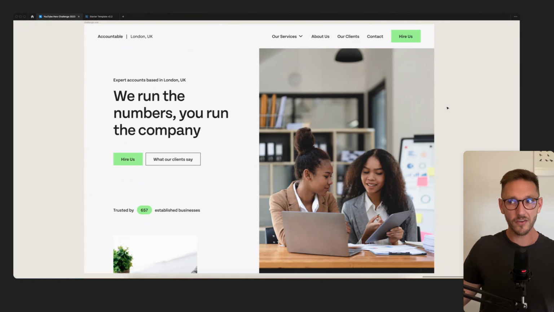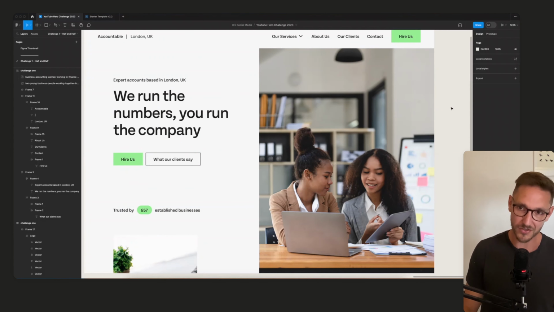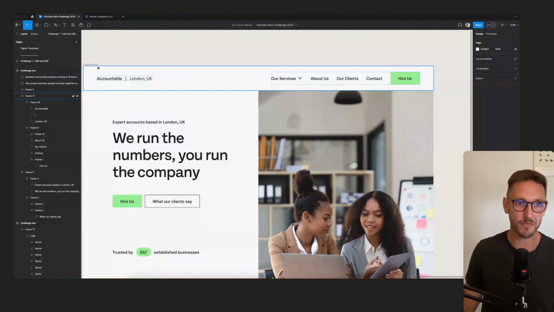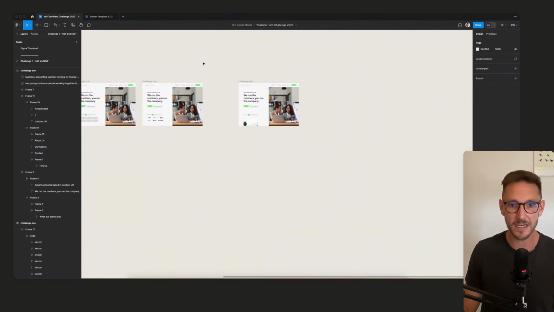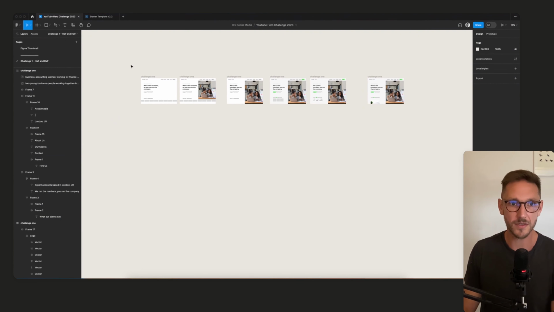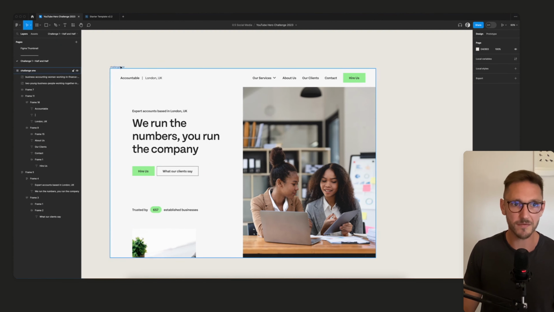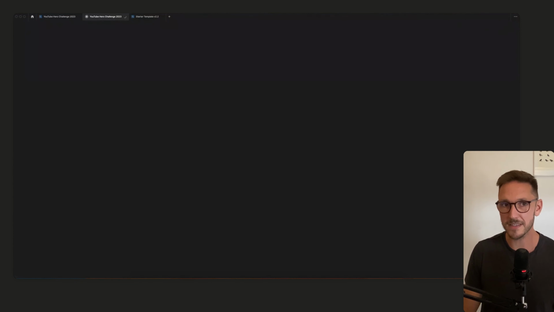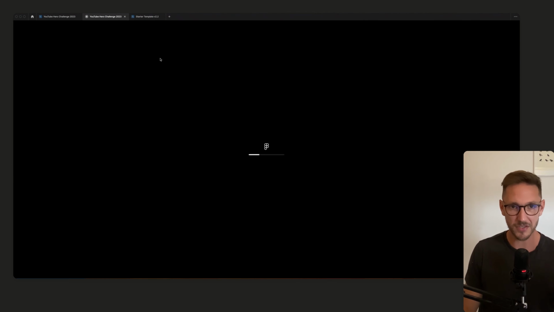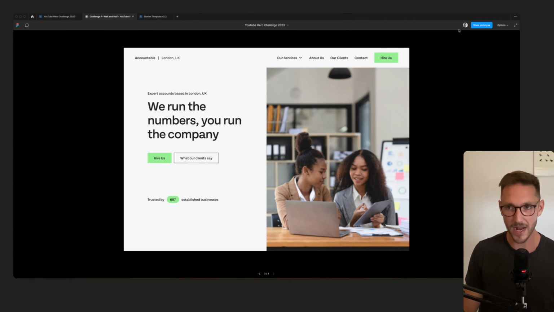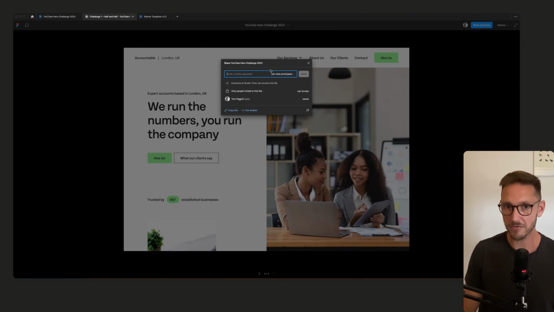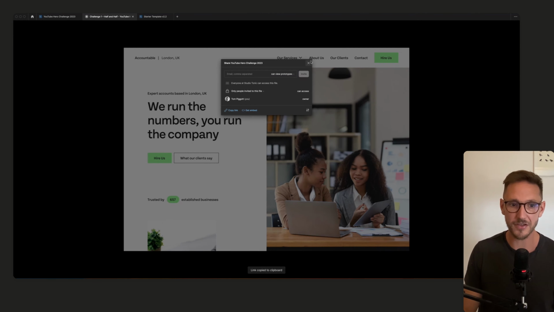So have a go yourself. Leave a link to your prototype down in the description. And to do that, all you need to do is just grab your frame. I would clean up my file as well, so I don't need these anymore. They're no use to me. I'm going to get rid of those. I'm going to grab this frame. I'm going to click the little play button here, and it's going to create a prototype. And it doesn't matter, I haven't done any animation on this. It's very rarely useful. And I'm going to grab share prototype, copy link, and then you can just paste that